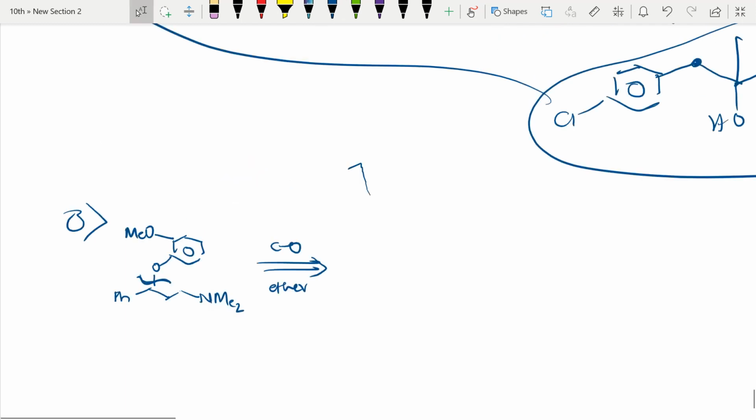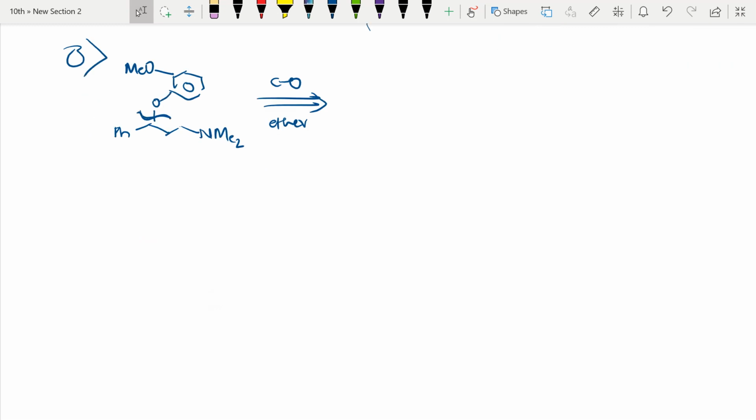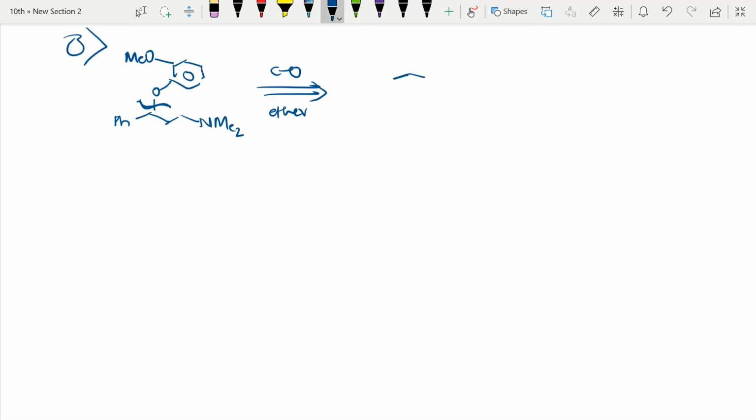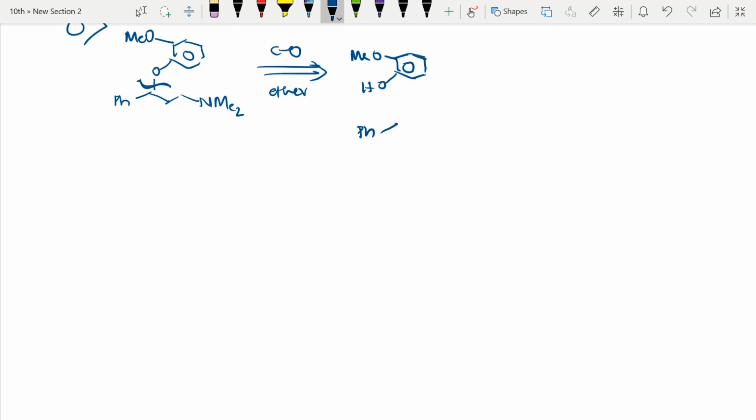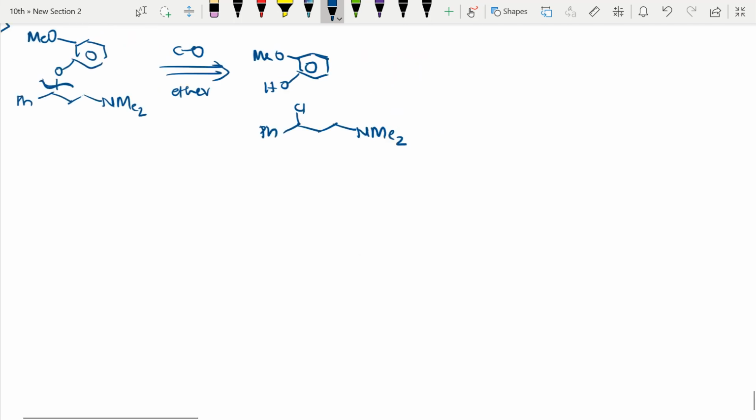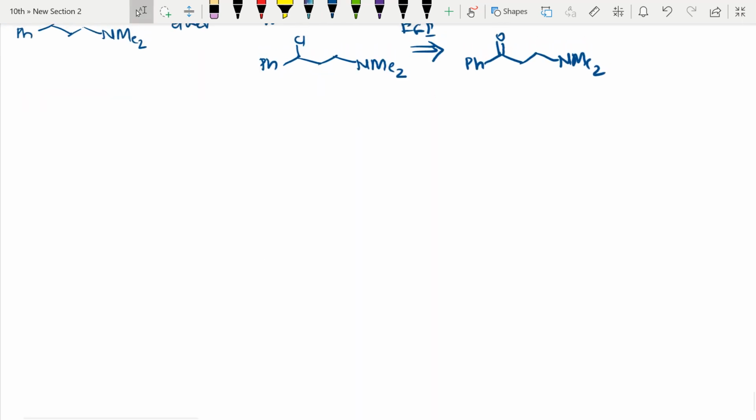So what we will get, OMe, OH, right? So here we will get PhH. Instead of writing the plus charge, I'll write Cl, Me2. Further I will do interconversion. This one I will do interconversion. So what I will do, PhC=O, CH2NMe2. What is this? This is nothing but functional group interconversion. So what happened then, I will dissociate.